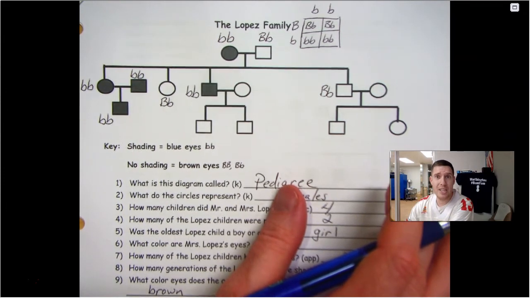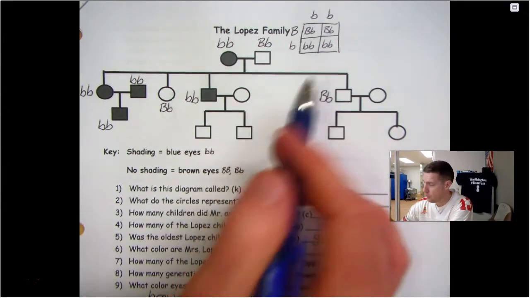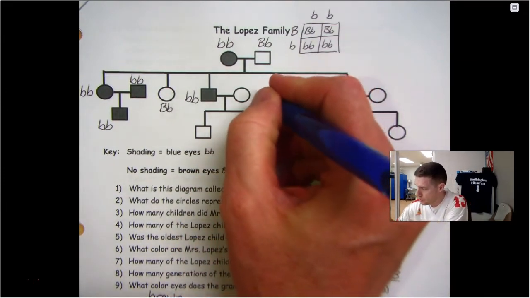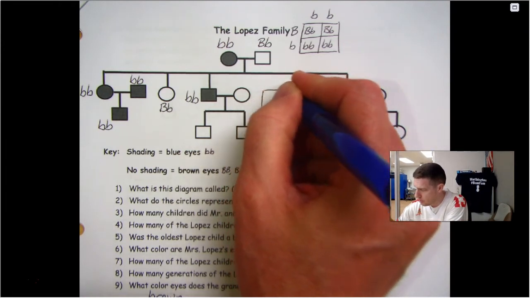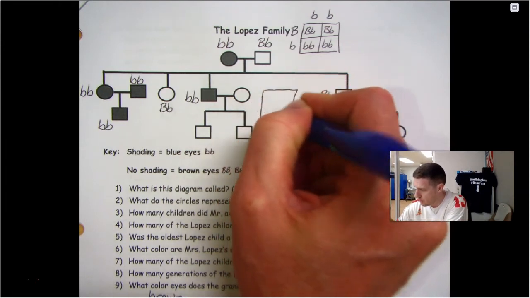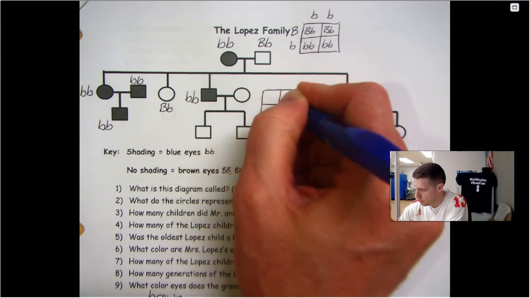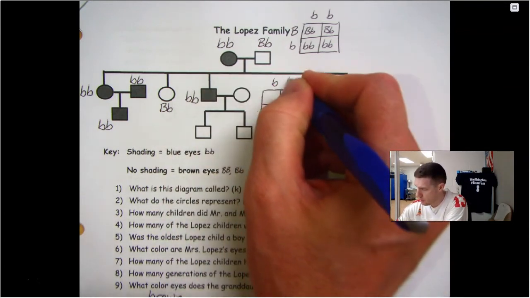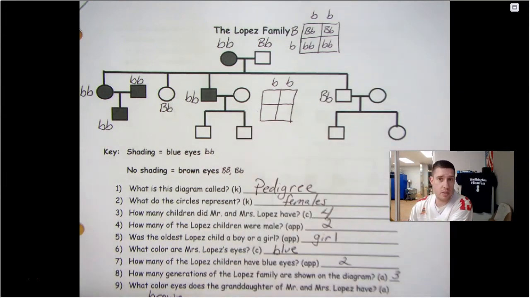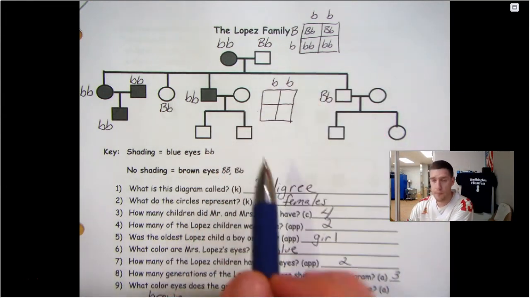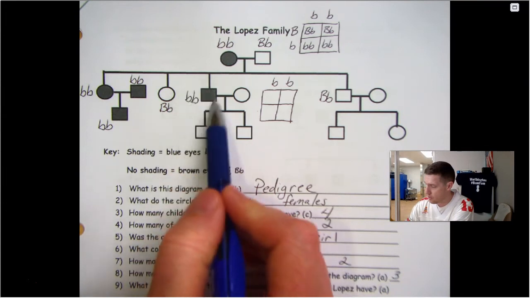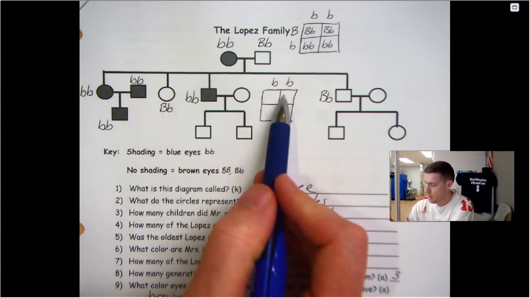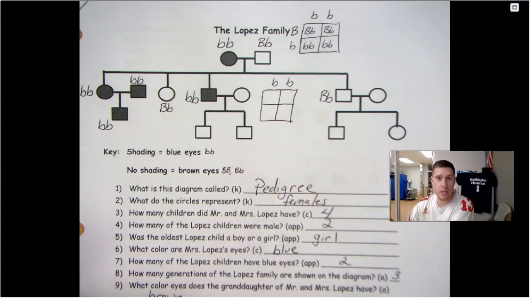Okay, so we need to do the same type of thinking that we did up here. Let's draw a quick Punnett square. It does not have to be pretty. It just has to work. We can put him right up here, and we're asking ourselves the same question we asked before. What can we cross with him that down here will give us results we're looking for? And in this case,